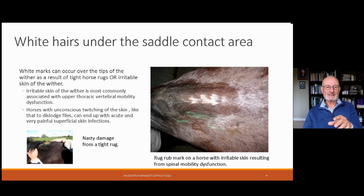If we see white hairs over the wither, that is quite commonly associated with rugs that have irritated the horse. It very often is not from a saddle issue. It's rarely from a saddle being too low onto the wither of the horse. It's more common from a situation where the horse has actually got spinal dysfunction, creating an irritable skin over the wither, and then that skin rubs or twitches under the rug,